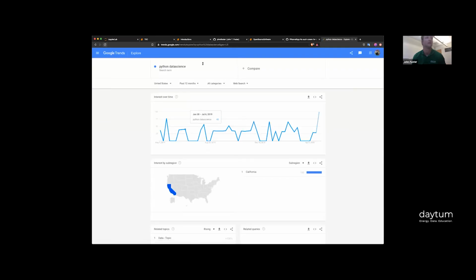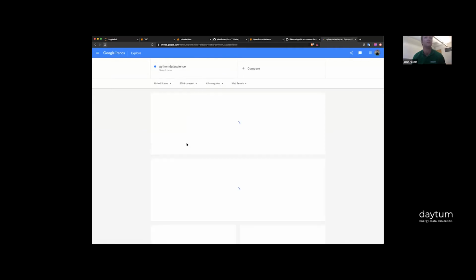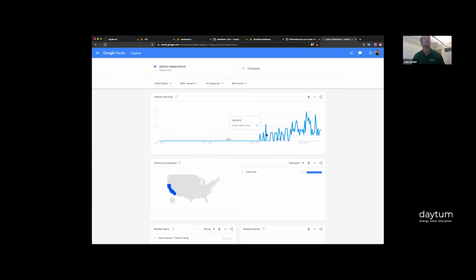And let's expand the range, since 2004. So, if you look at Python data science, and I put the data science in there because, well, let's not